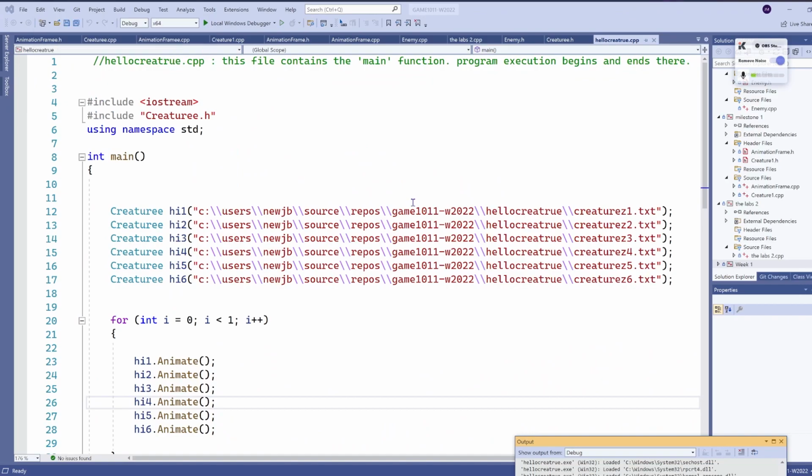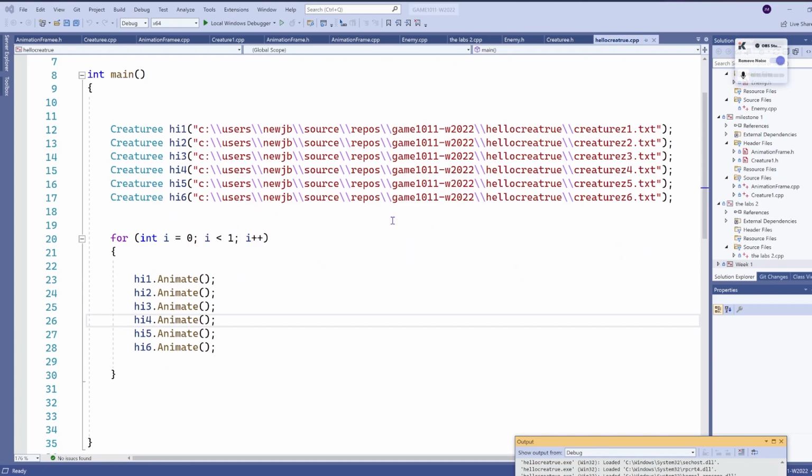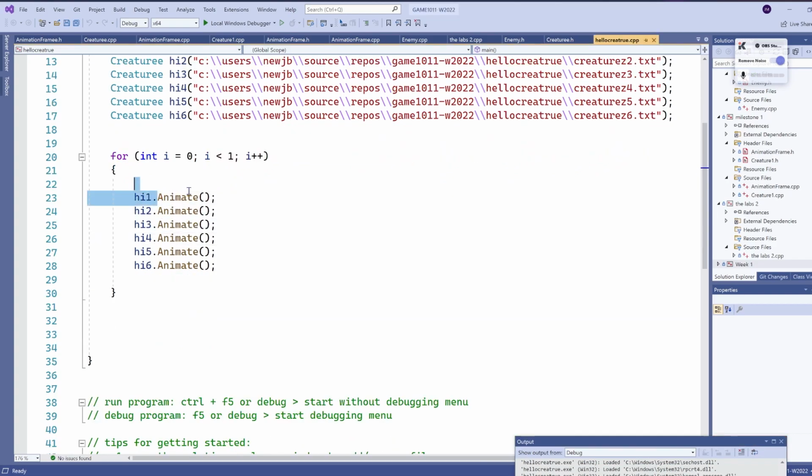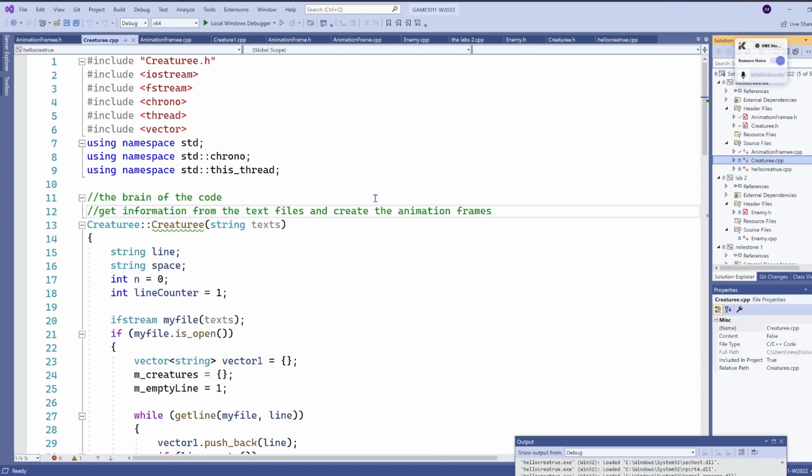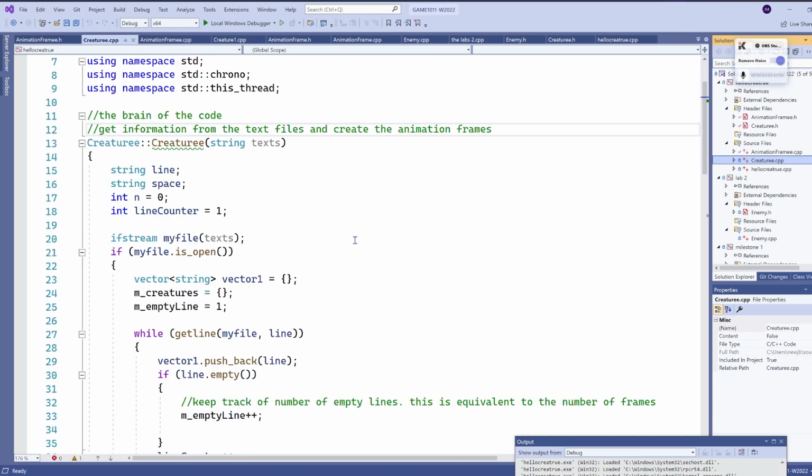Here is my code for the assignment. In the main file, I create the creature objects from text files, and each object has the animate function that gets called. The creature constructor function receives a text string as input, and the function sets up the variables in the file stream, reads the file line by line,